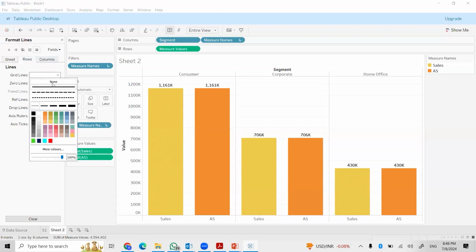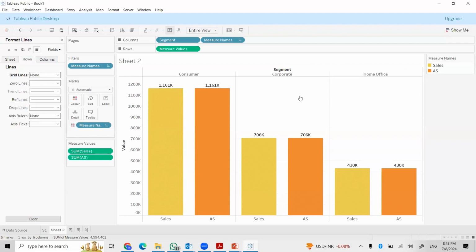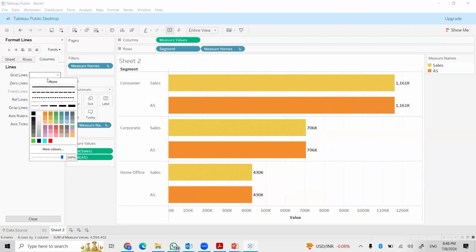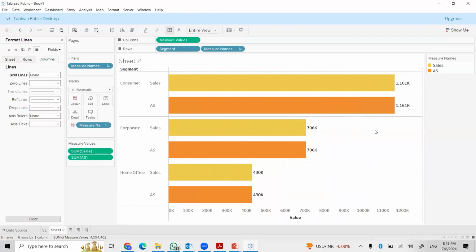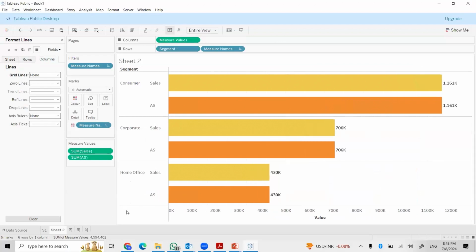Let me remove the, here it goes. Sales and the area sales. And I don't want this card, so I'm removing this. Let's give it a name, something like S2. Let's take one more visual over here,